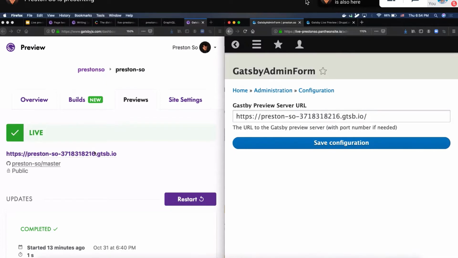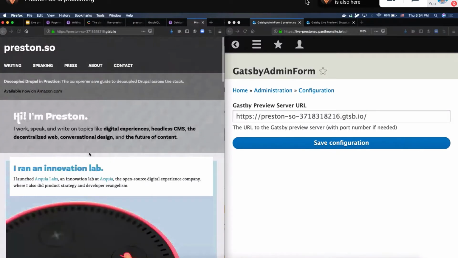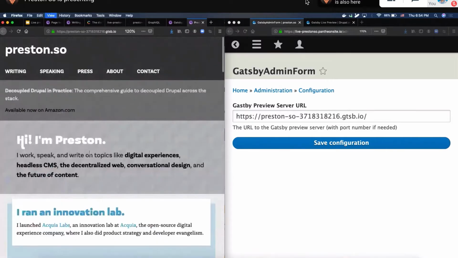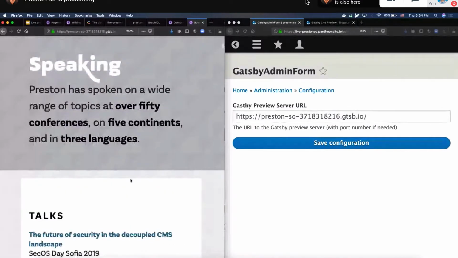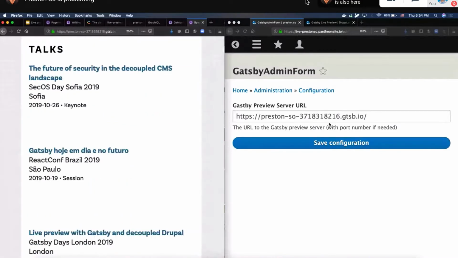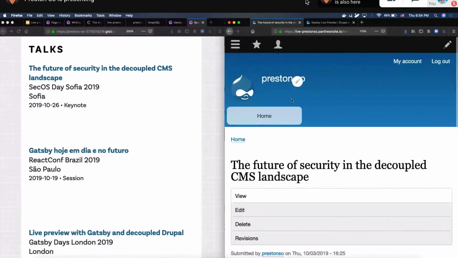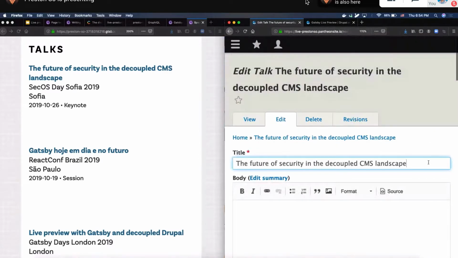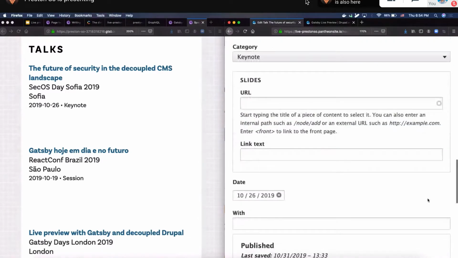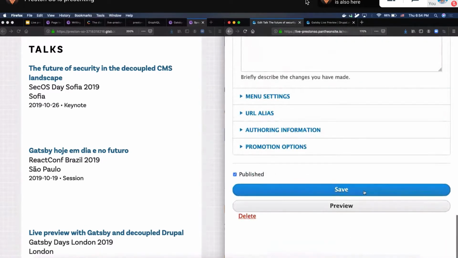Now, when I go to this link, this is a staged preview instance that is my site as it normally operates. And if I go to one of these talks, as you can see, here's some of the talks I've given. Let me edit one of these so you can see what the preview functionality looks like. So let's take the one that was in Bulgaria, for instance. Watch carefully. When I hit save,